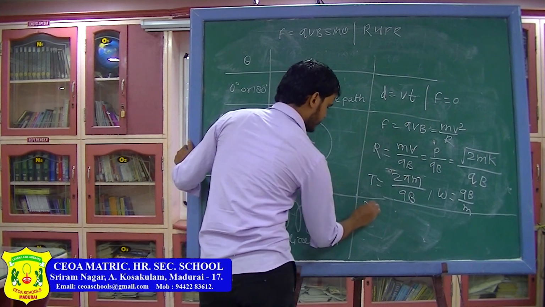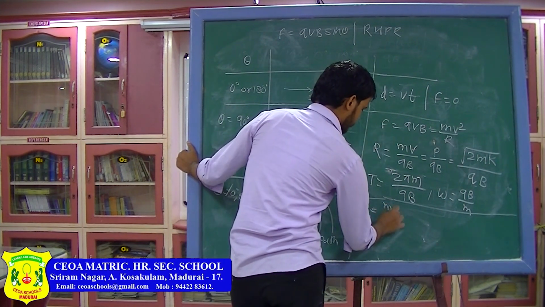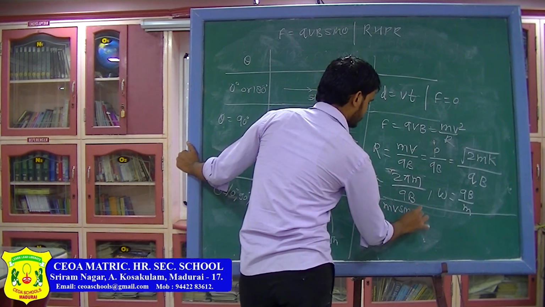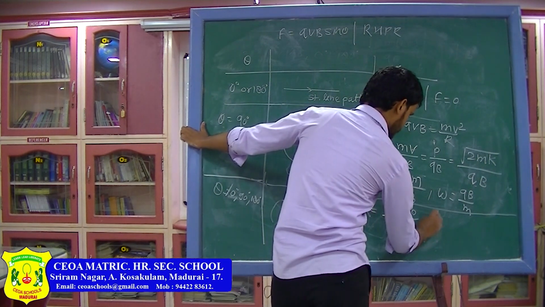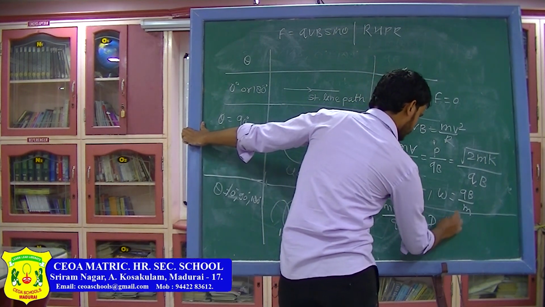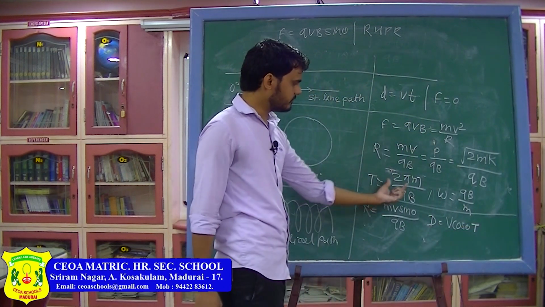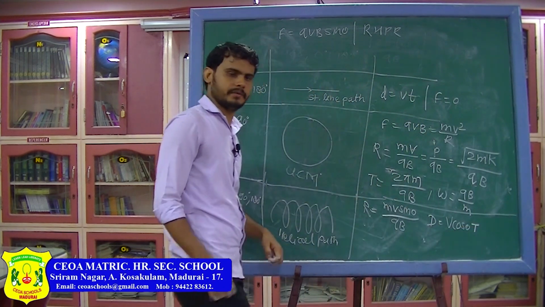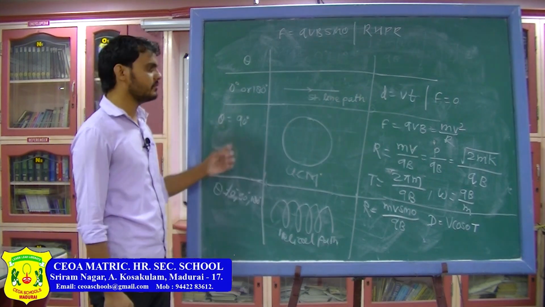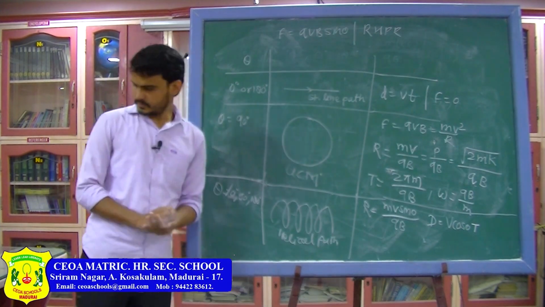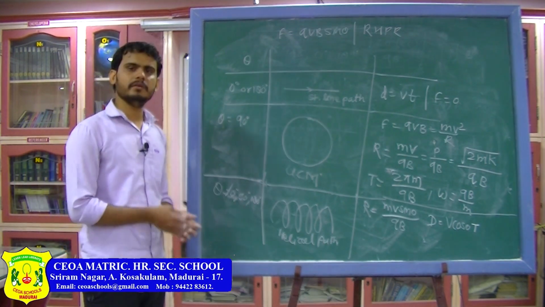The radius of the helix can be written as mv sin theta divided by qB, and the pitch of the helix can be written as v cos theta into T. And the time period formula will still be 2 pi m divided by qB. So this is the magnetic force in different cases for a moving particle. You can note this down as a table and quickly revise it when you are attempting your papers.